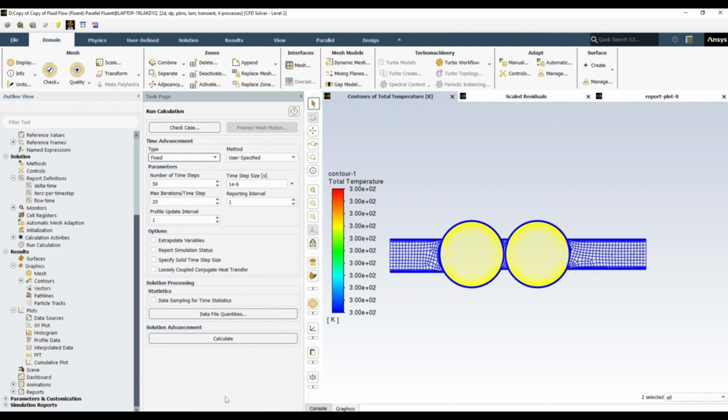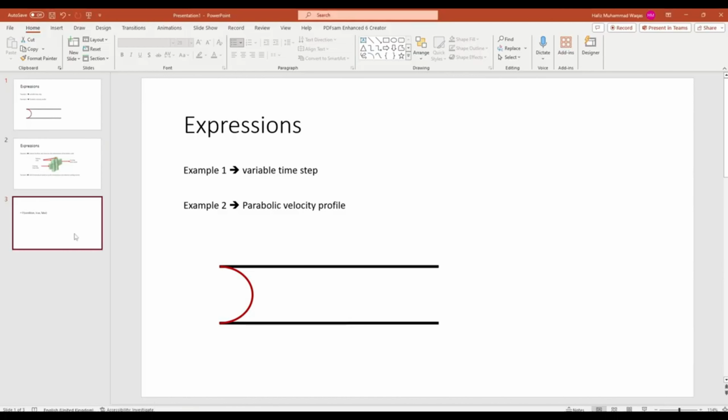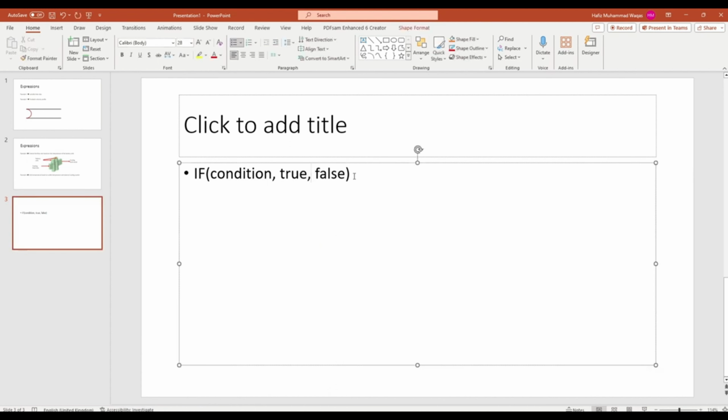Let's say we want to control our time step in such a way that when our time is less than, let's say, 3 seconds, we use a time step of 0.1 second, and when the time is greater than 3 seconds, we use